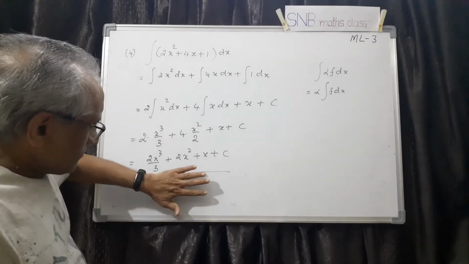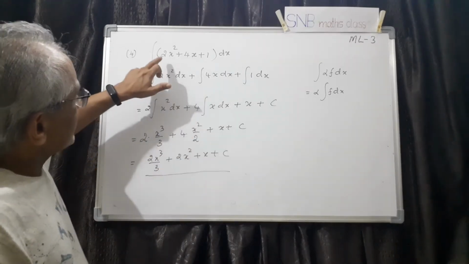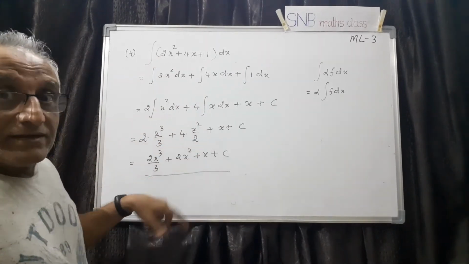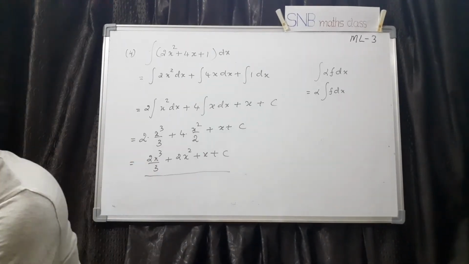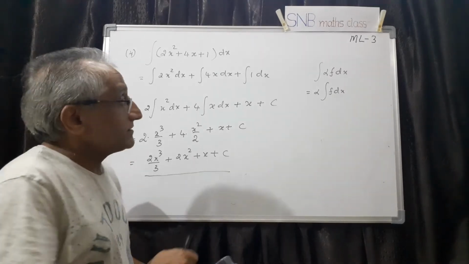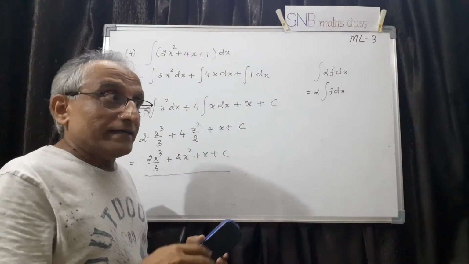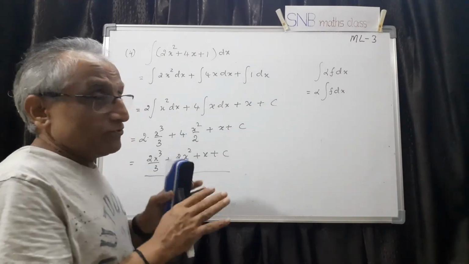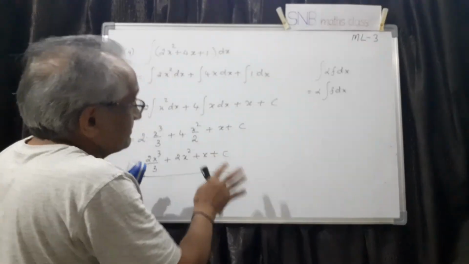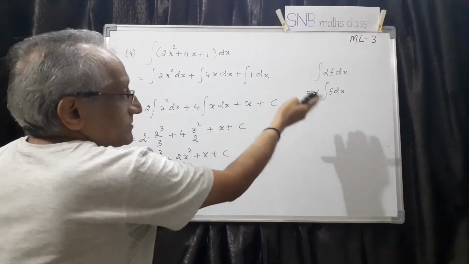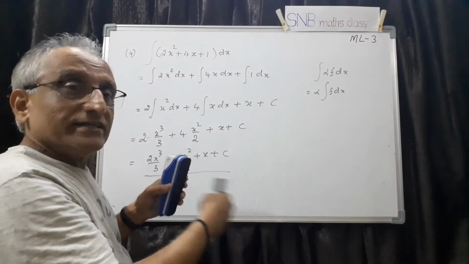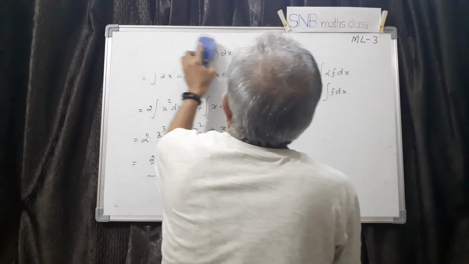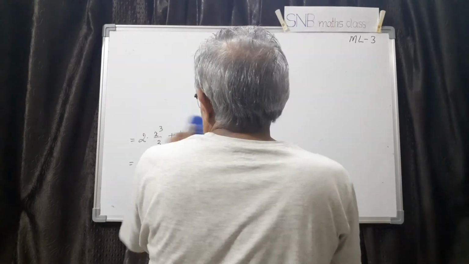Once you are competent, you can directly write like this. But in the beginning, you should be thorough with the rules, which rule you are using there, how it is applied there. Everything should be made clear. So in the beginning, for a few questions, please do by this method only. That is, split them. Then suppose alpha is there, constant, take it out. Then do. Later, once you are confident, directly you can do it. So this is the idea.